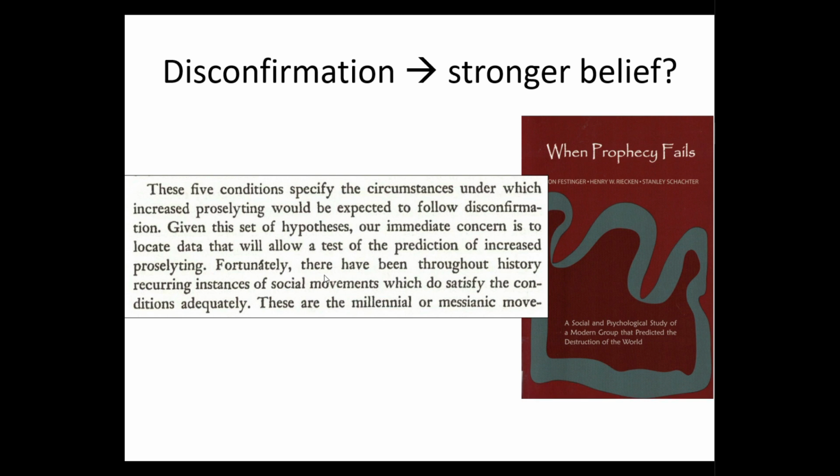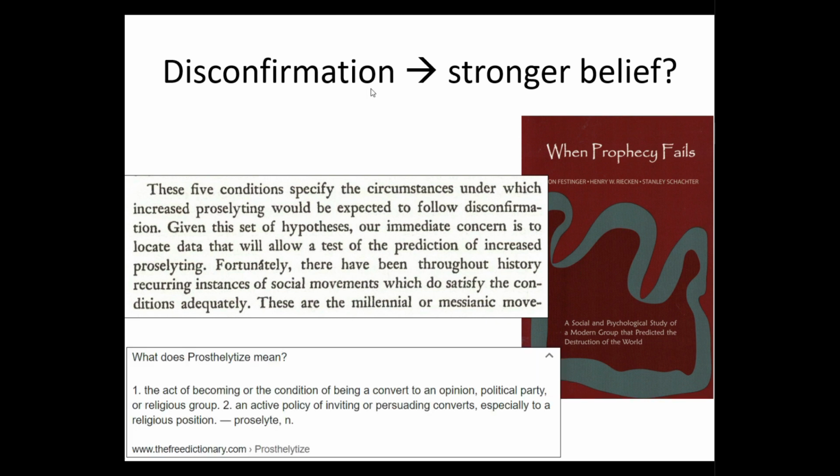Quoting from the book, there is a type of occurrence that would indeed disprove our explanation, namely a movement whose members simply maintained the same conviction after disconfirmation as they had before, and neither fell away from the movement nor increased their proselyting. But it is precisely such an occurrence that might very well go unnoticed by its contemporaries or by historians and never find its way into the annals of history. Since the likelihood of disproof through historical data is small, we cannot place much confidence in the supporting evidence from